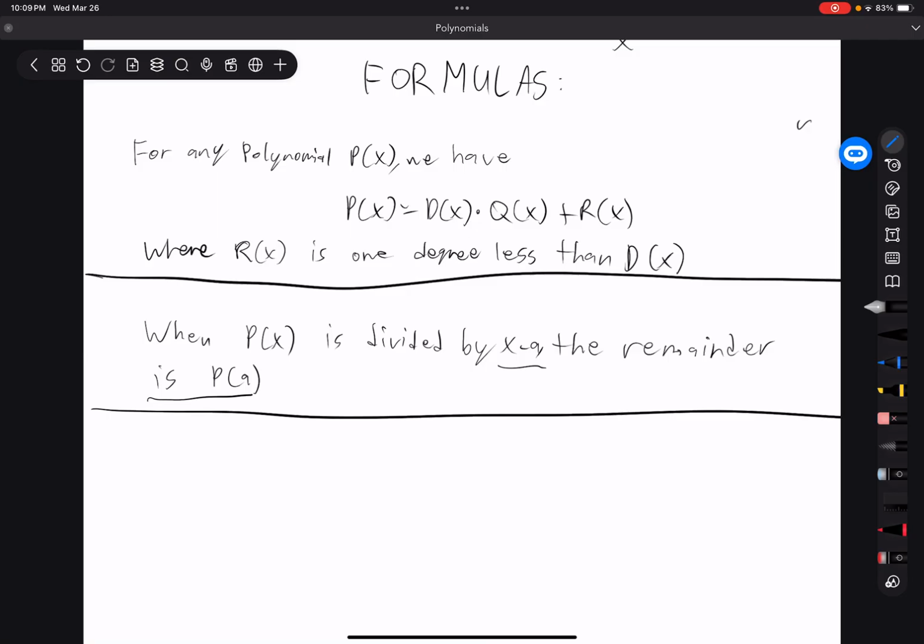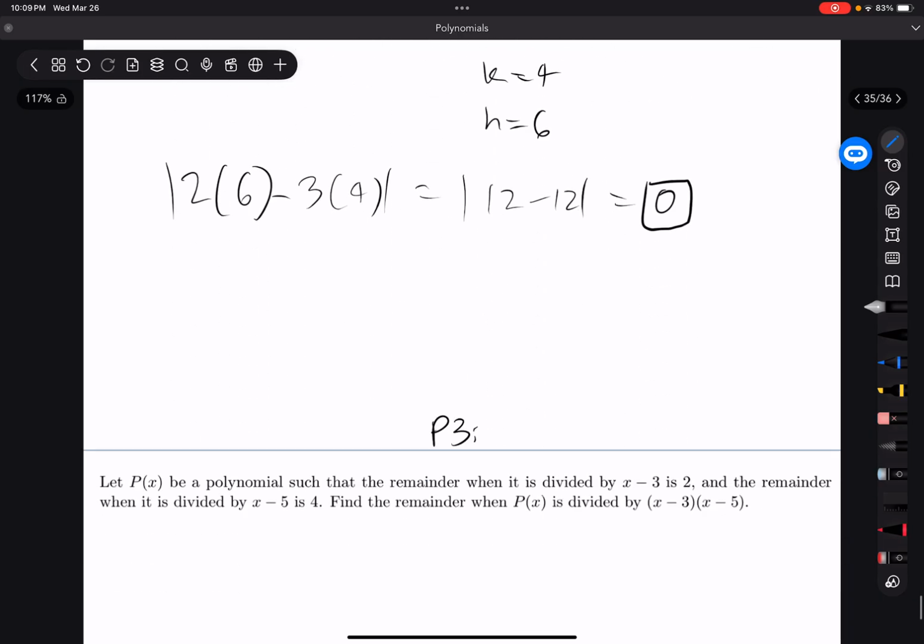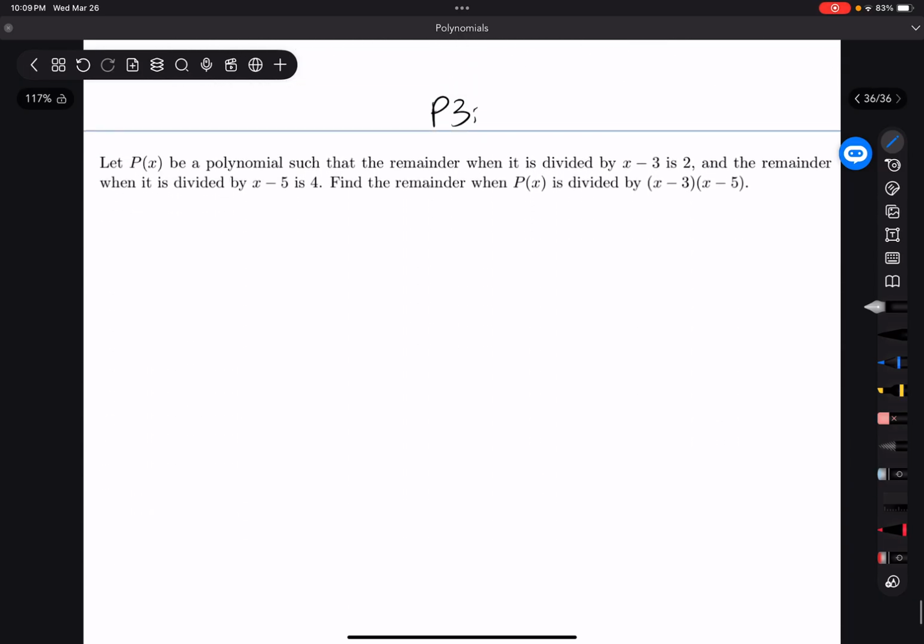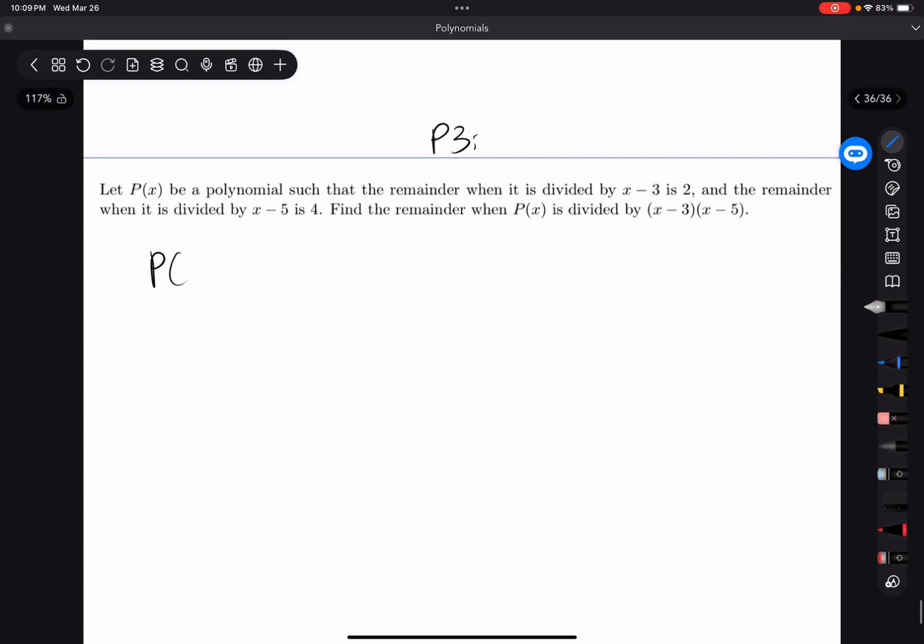Let's really understand it. P of x equals d of x times q of x plus r of x, where r of x is 1 degree less than d of x. Can we try and use that here? Yes, we can. So, p of x is our polynomial, and this is when it is divided by x minus 3, so our d of x in this case is x minus 3,